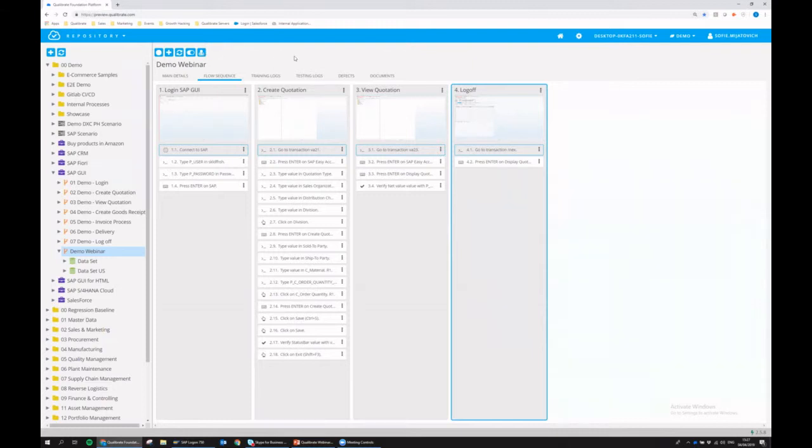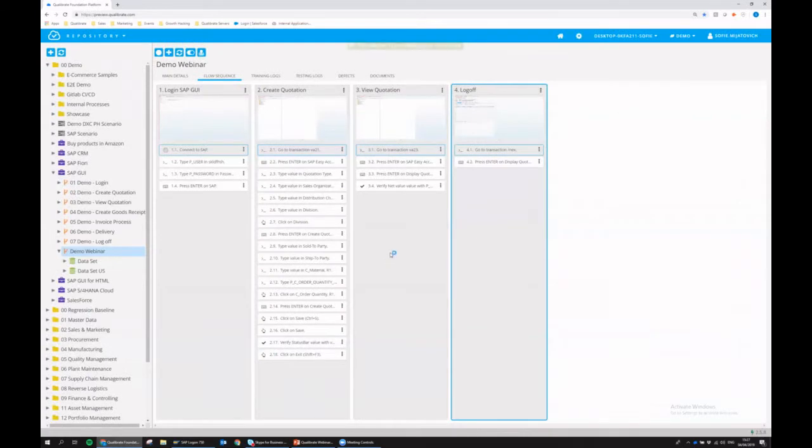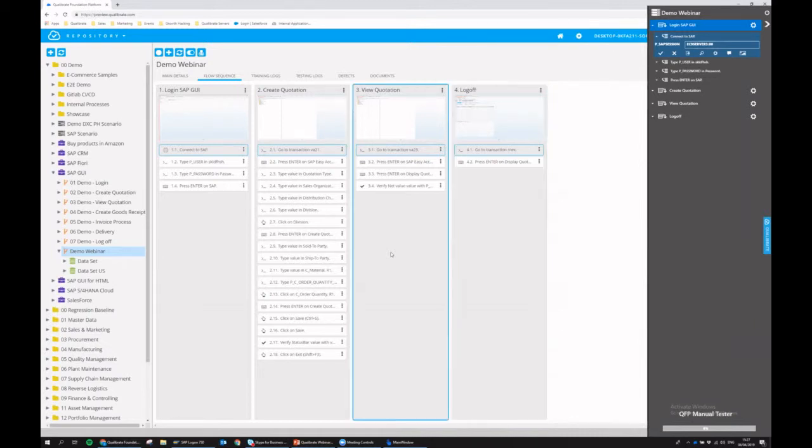Now we can also run this script as a manual test, for example, for the user acceptance testing. So I will hit now start manual execution. We have to select the data set and which iteration we want to run, and I'll hit start again. So instead of having your Excel sheet next to you, now we give you everything you need to accelerate your manual test. As you can see, I have again the 4 chapters that we created together,